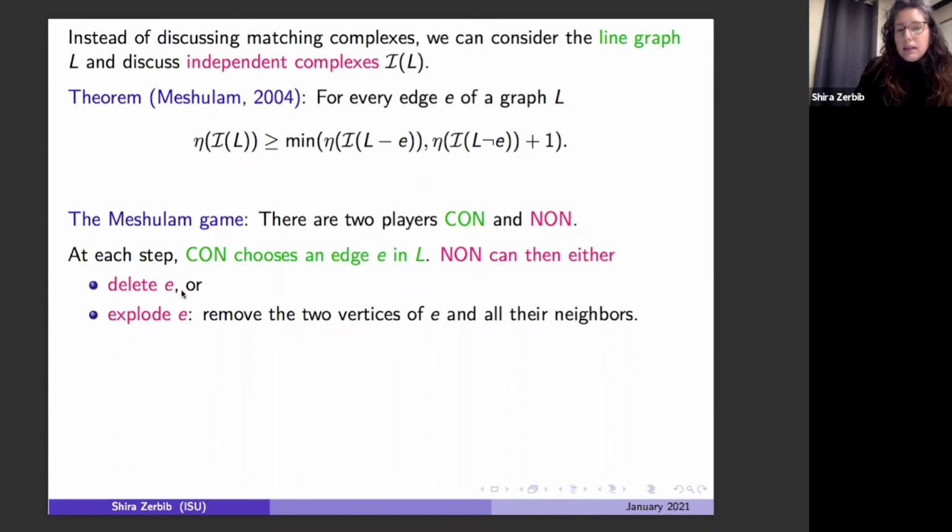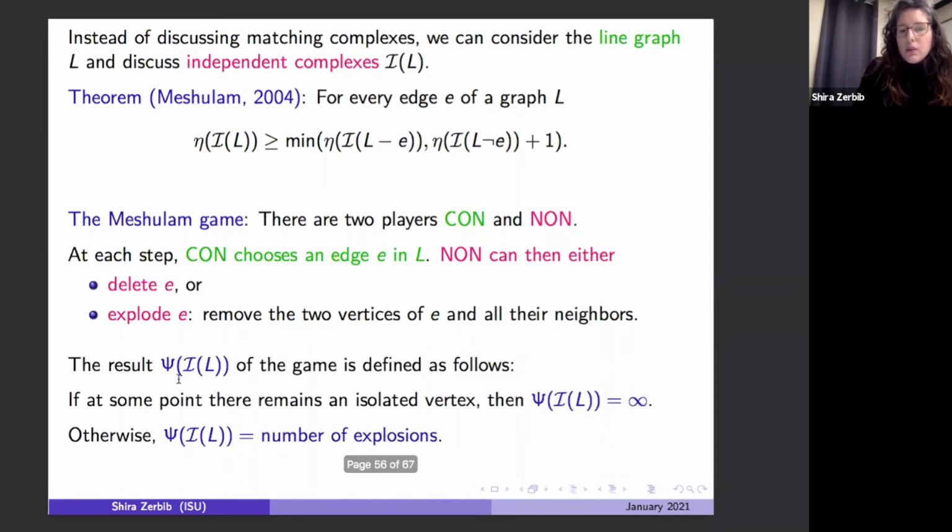It can either delete the edge E from the graph, or it can explode E. What does that mean? It can remove the two vertices of E and all their neighbors. Now, the result, psi, of the game is defined as follows. If by playing this game at some point remains an isolated vertex, then psi is defined to be infinity. Otherwise, psi is going to be the number of explosions